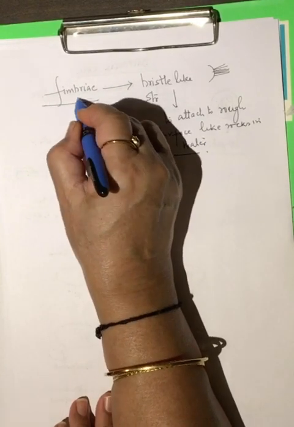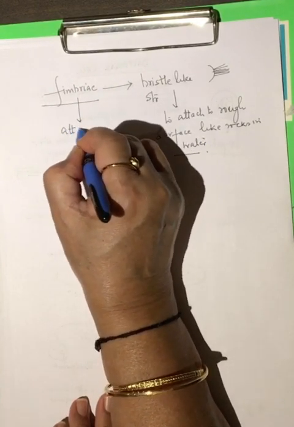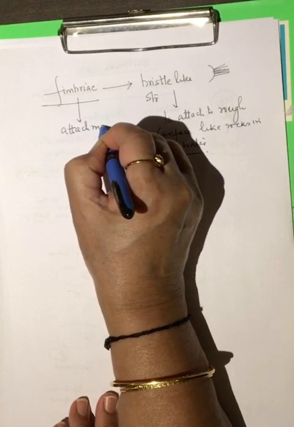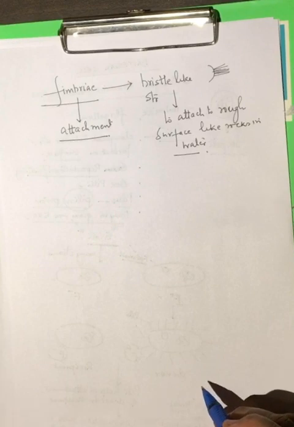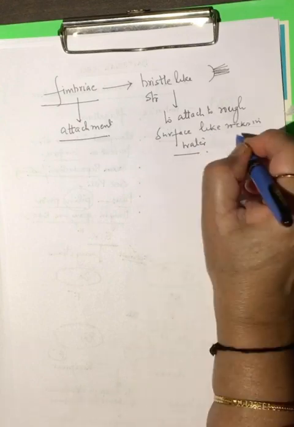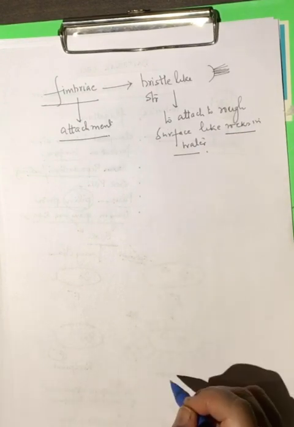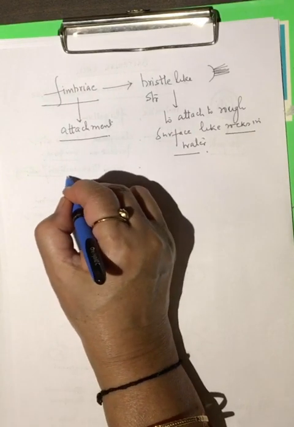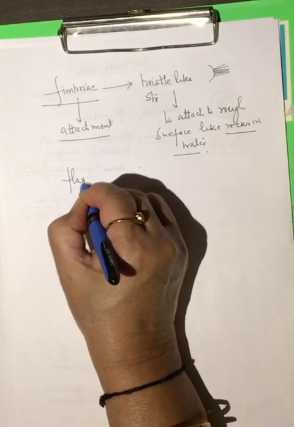So these fimbriae are for attachment, right? But attachment to where? Attachment to certain rough surfaces, just like in water the rocks are present, so they help them to attach to the rocks. And then we have flagellum,